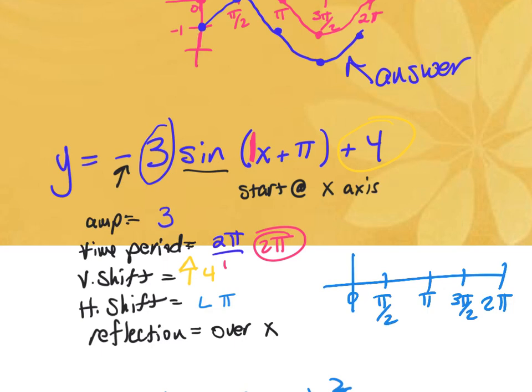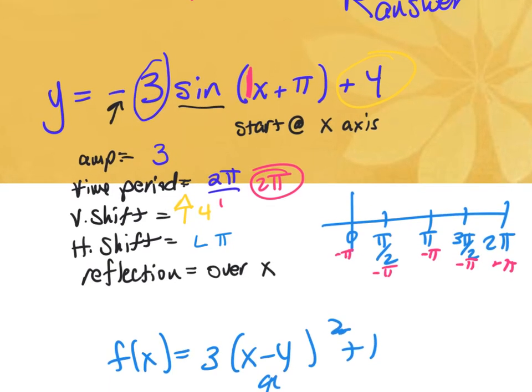Subtracting. So what you would do, and this is where the hard part, not hard, but you'd have to say, okay, minus pi, minus pi, minus pi, minus pi, minus pi. So you're going to have new tick marks. There'd be one at negative pi. There'd be one at negative pi over 2. There'd be one at 0. There'd be one at pi over 2. And there'd be one at pi. So your graph, instead of starting at 0, it would start over here. And it would go like this. Just moving it to the left. And we'll practice that. But that's identifying it is just like you've done a million times in our normal